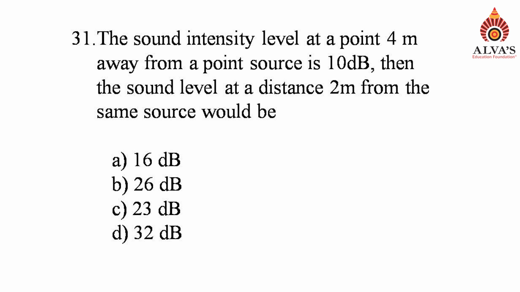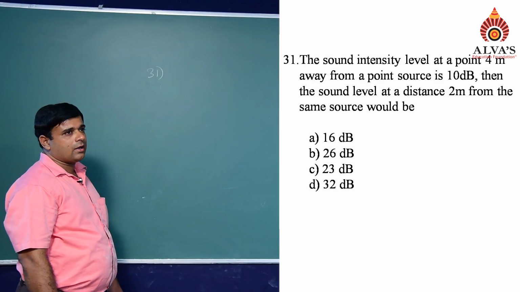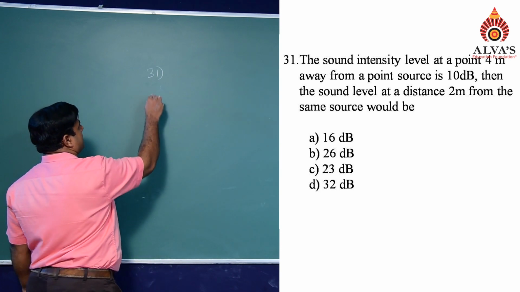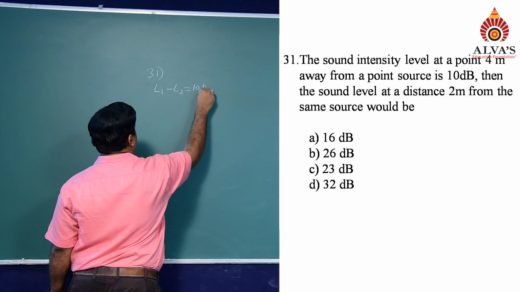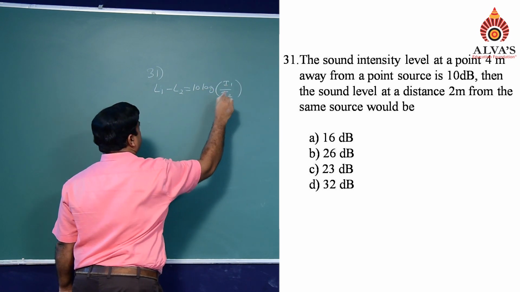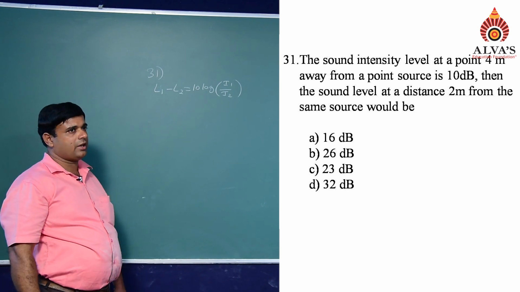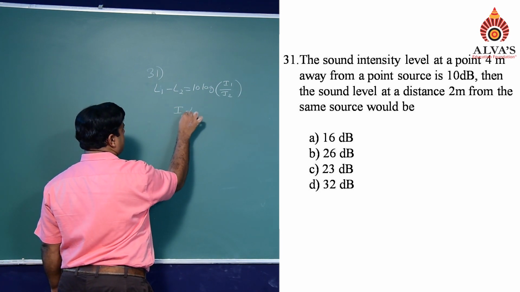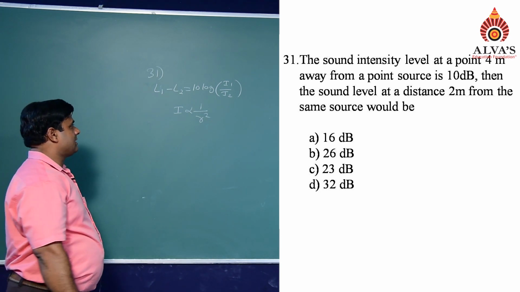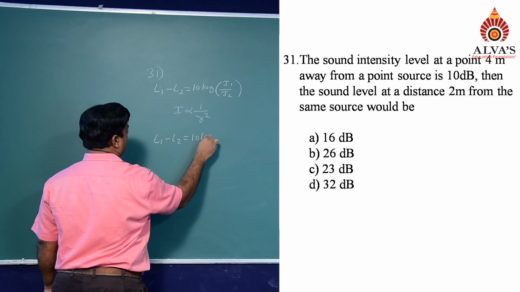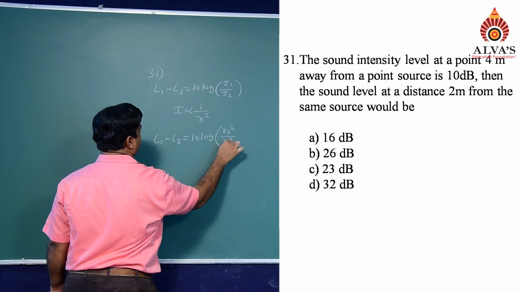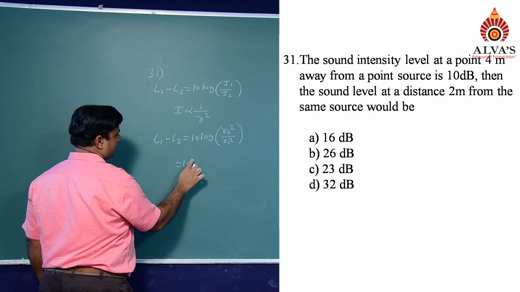The sound intensity level at 0.4 meter away from a point source is 10 decibel. Then the sound level at a distance 2 meter from the same source would be. So, 2 points are given, their distances from the source are given. You have to calculate the sound level at the second distance; the sound level at the first distance is given. That is, the difference in the sound level can be written as 10 log I1 by I2. L1 is the sound level when intensity is I1, L2 is the sound level when intensity equals I2. But in case of a point source, intensity is inversely proportional to the square of the distance. Therefore, L1 minus L2 is 10 log R2 square divided by R1 square, which is 10 log